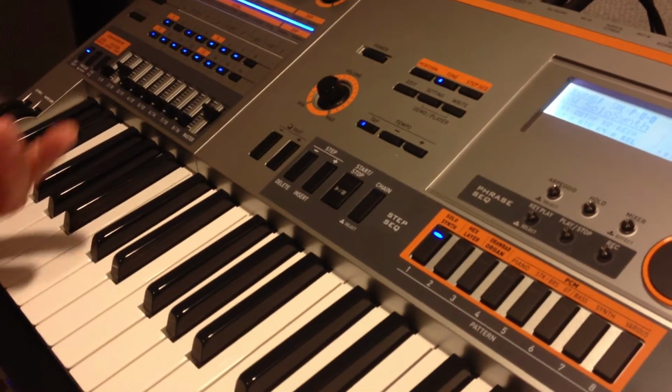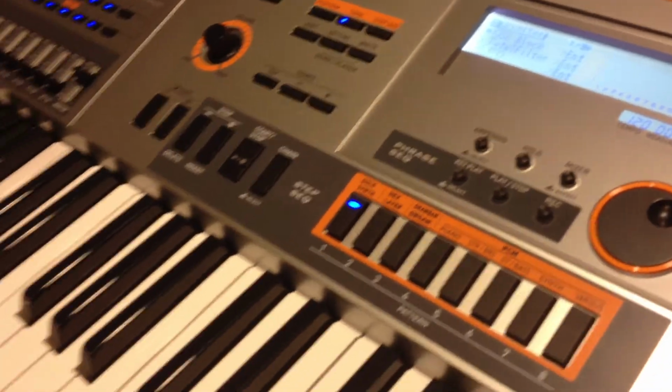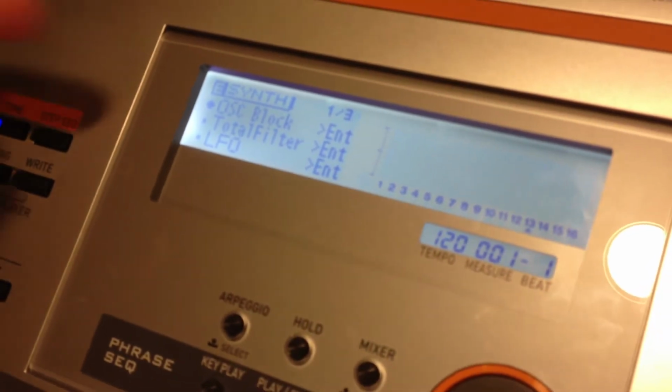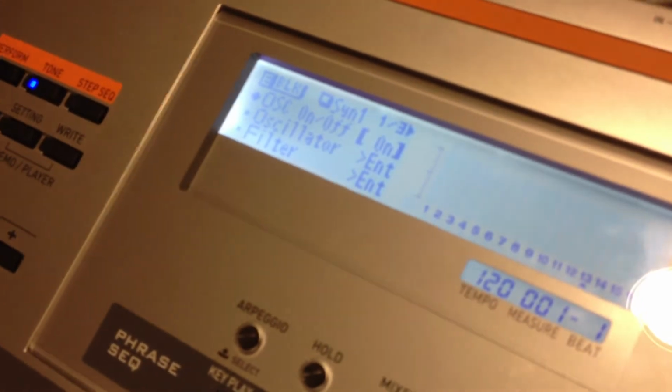So if we dive inside the solo synth, we press the edit button. You'll see the XW-P1's really easy to navigate. We see access to our oscillator blocks, our total filter. If we go into the oscillator section, up at the top of the screen you'll see that we're looking at